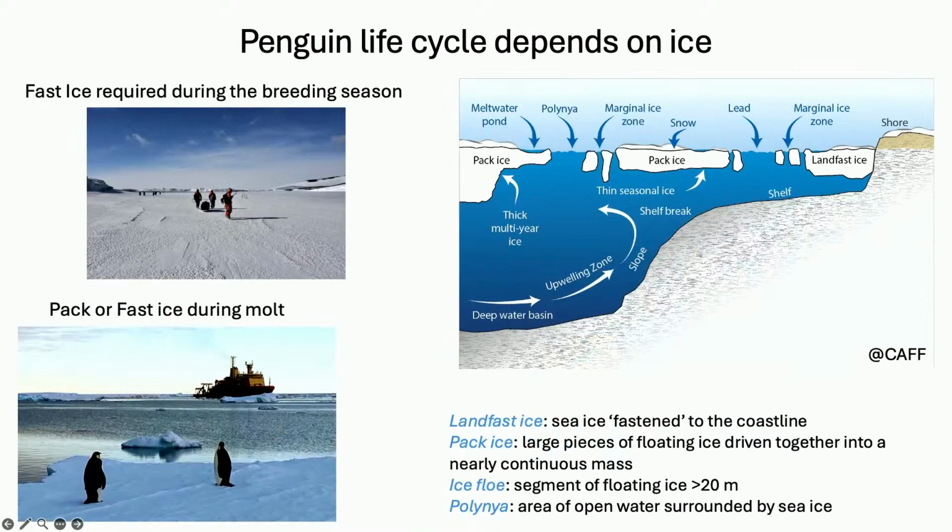So as you can see, the penguin life cycle is highly dependent on the ice dynamics. Here are some definitions of those ice features. The fast ice, or land-fast ice, is the sea ice which is fastened to a continental land body. The pack ice is large pieces of floating ice together in a nearly continuous mass. Ice floes are segments of pack ice that are floating and larger than 20 meters. And polynyas are areas of open water